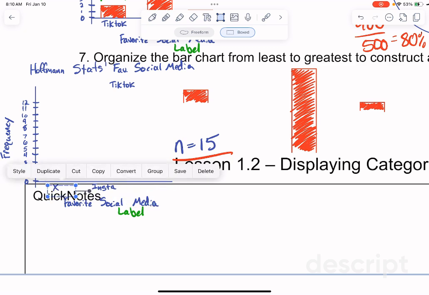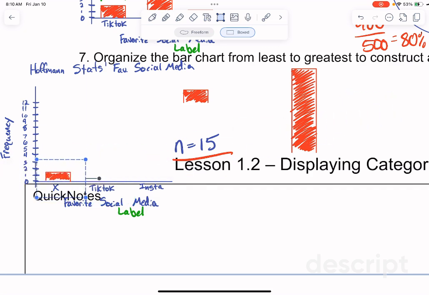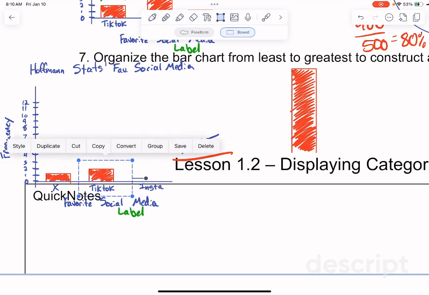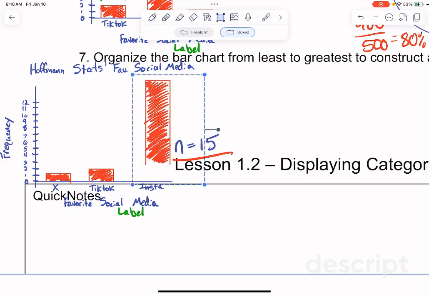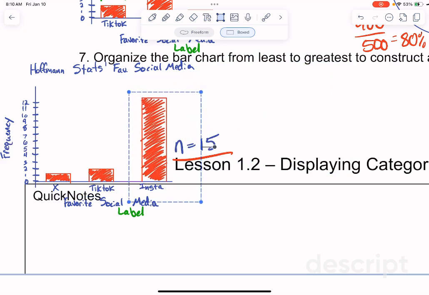So X goes first. Then we had TikTok. And then we had Instagram. So X only had 1. TikTok only had 2. See if I can get that lined up. There we go. And Instagram had 12. So that is the Pareto chart.